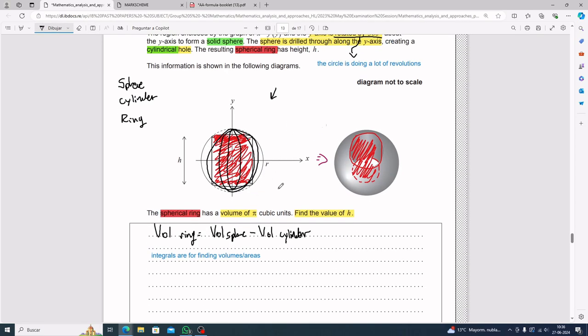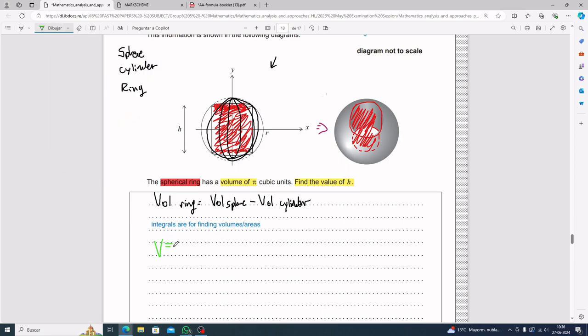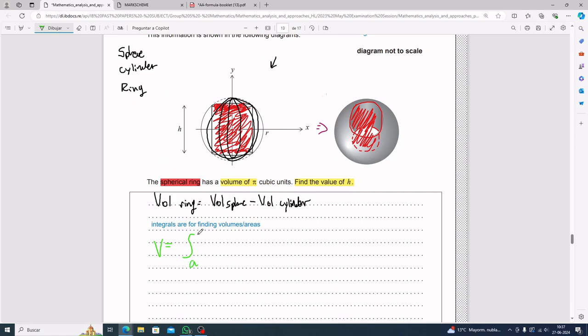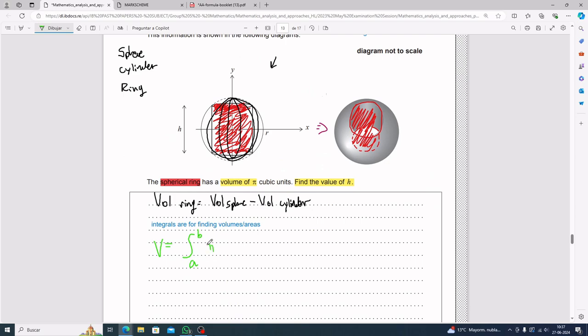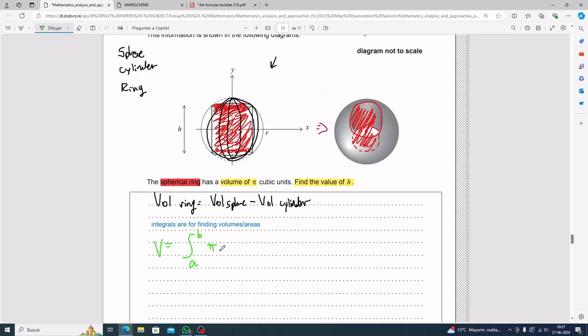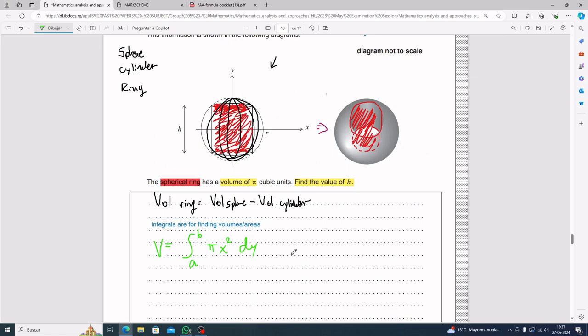So our volume, right? The big tool that we're going to use, which I'm going to put in green, okay, the volume, right? is going to be the integral from a to b. Yeah, I'll talk about that in a second as well. Pi, okay? And then, I don't think it really matters what we use, but we'll just go pi x squared dy. See? Yeah. So point is,